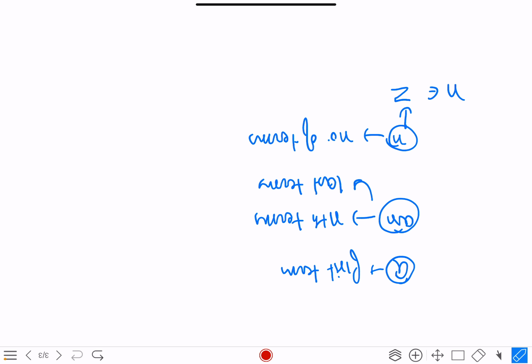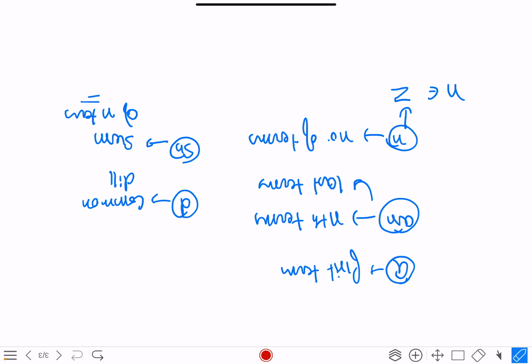So in any possible case, n is always going to be an integer. Whenever we are checking whether this term or that term is possible in an AP or not, what you have to check is that n has to be an integer, whether positive or negative. D denotes the common difference, which we have discussed between successive terms. Sn denotes the sum of n terms, the sum of all terms till n. These are the general terms to denote an AP.